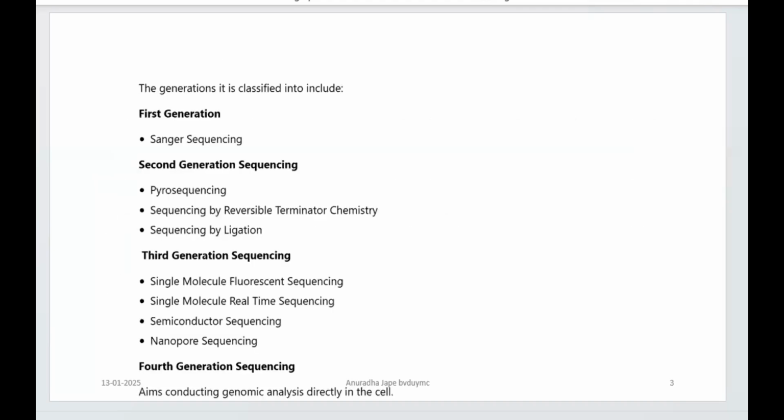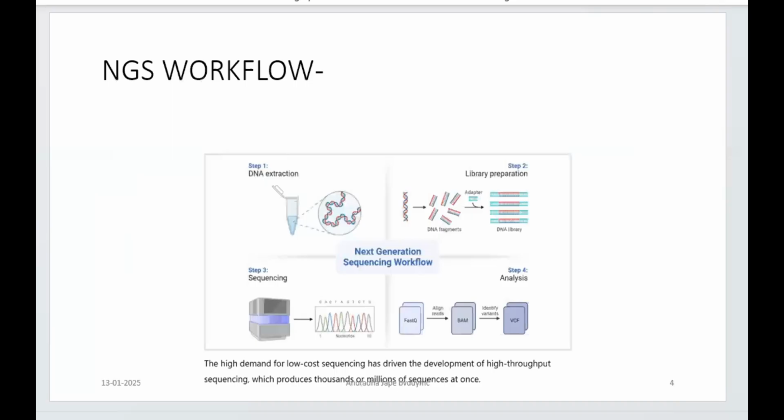When I talk about next generation sequencing, the general workflow is as you are seeing in this slide. You have to collect the sample. Maybe when we are talking about systematics of bacteriology, the sample from a particular soil or aquatic system you have collected, or from pure colonies you are extracting from, whatever it may be. So you have to go for DNA extraction. Then you have to construct the DNA library. You know how the libraries are constructed, right? Construction of the library is one of the important steps.